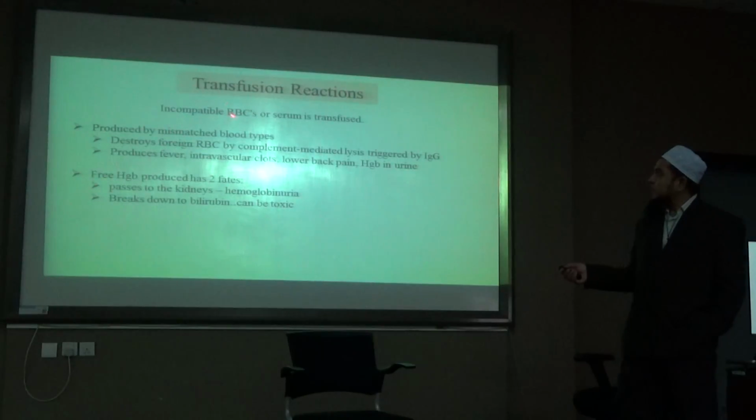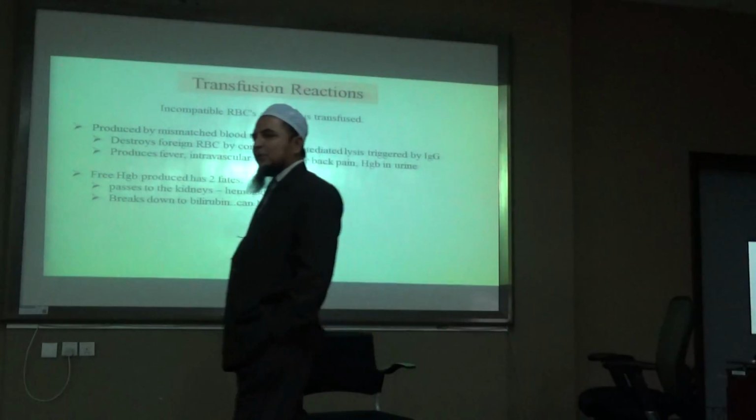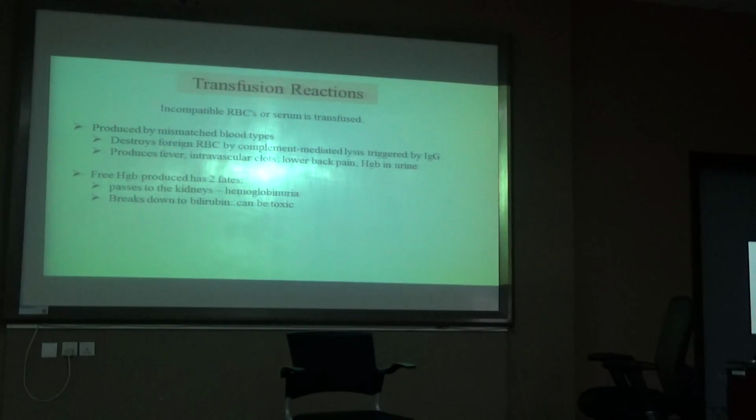Transfusion reaction, a very common example: incompatible RBC or serum is transferred. For example, somebody has blood group A and you gave him blood group B. He has A antigen on the surface of the RBC and he has anti-B antibody, and you give him B blood. When you give him B blood, what will be the antigen on the RBC? B antigen, and it will be having anti-A. So when the donor RBC has B in transfusion, which RBC will rupture, the donor RBC or the recipient RBC? The donor RBC. So when it comes from outside with the antigen B and he has anti-B, this anti-B will react with it, and then there will be